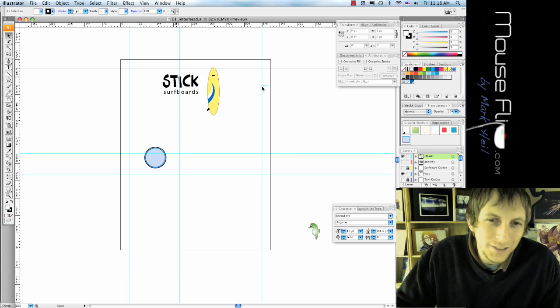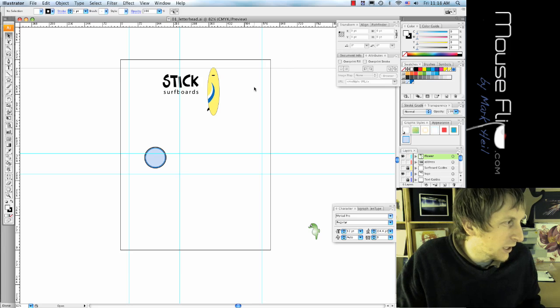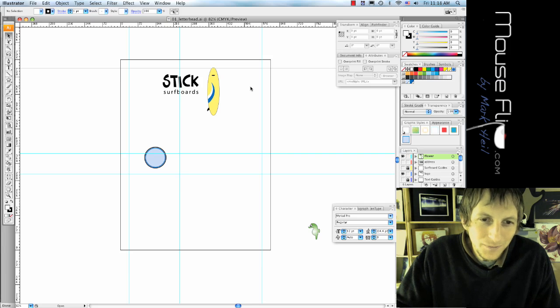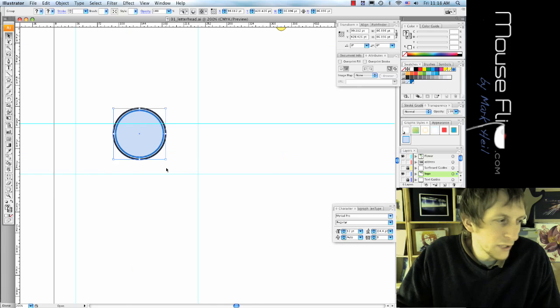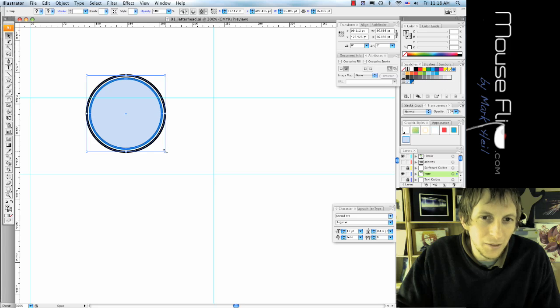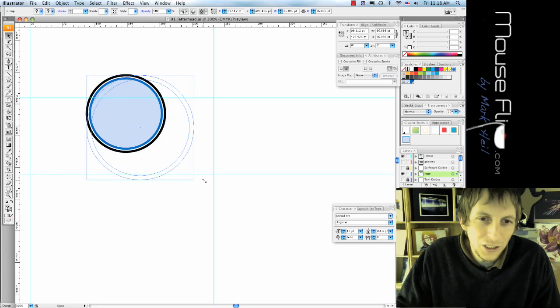Stick surfboards. What we're going to start out with is taking this round object here, and we're going to scale it. We're going to click on the bottom right hand corner, and I'll zoom in so you can see it. Hold down the shift key and make it bigger, and line it up